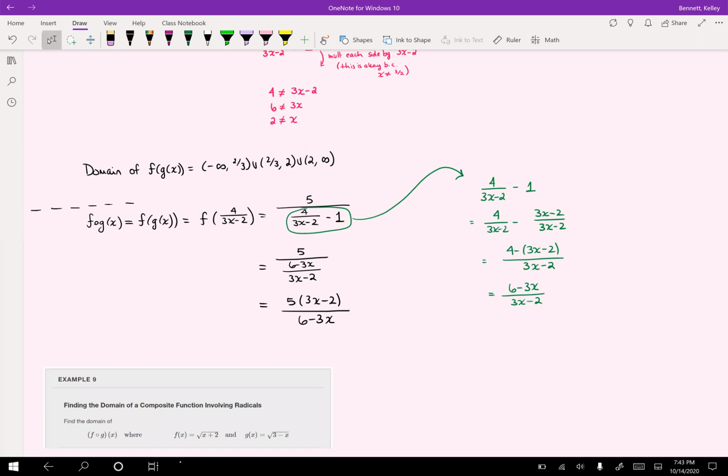One more step to simplify, I get 15x minus 10 over 6 minus 3x. And so if I gave you that function, you'd be like, oh, well, I just need to make sure that 6 minus 3x, when does that equal 0? Okay, so I'm going to have 3x equals 6, so x equals 2. And you would say, okay, well, my domain for this function is negative infinity to 2, and then 2 to infinity. And so you actually lost